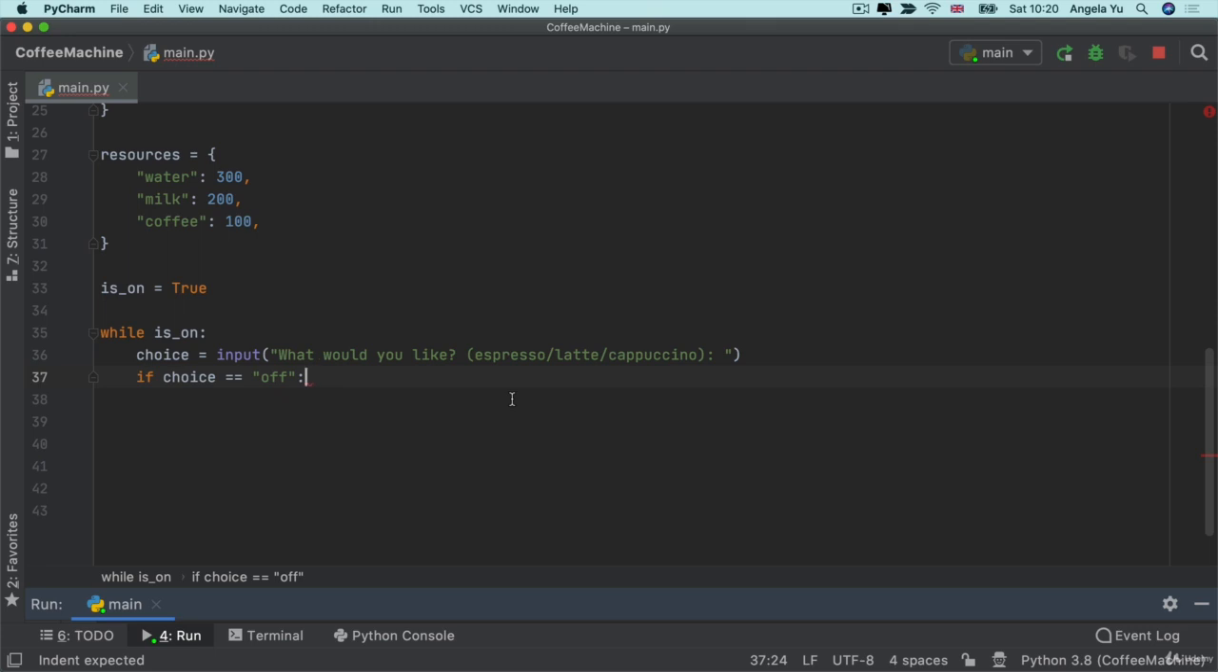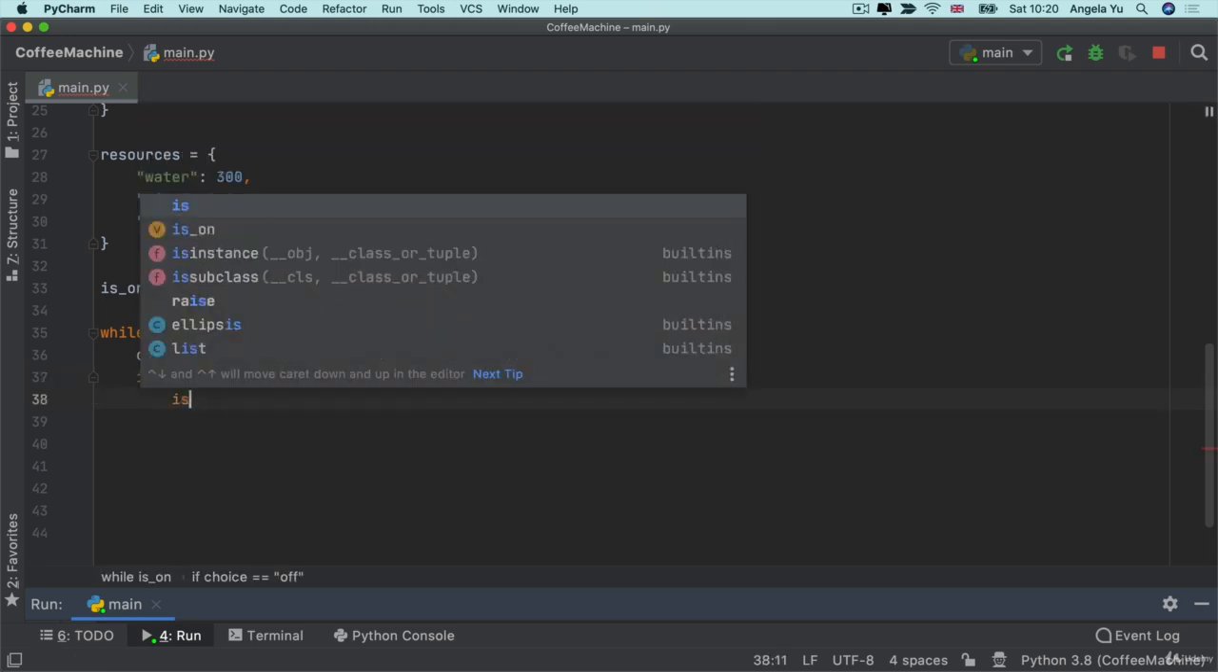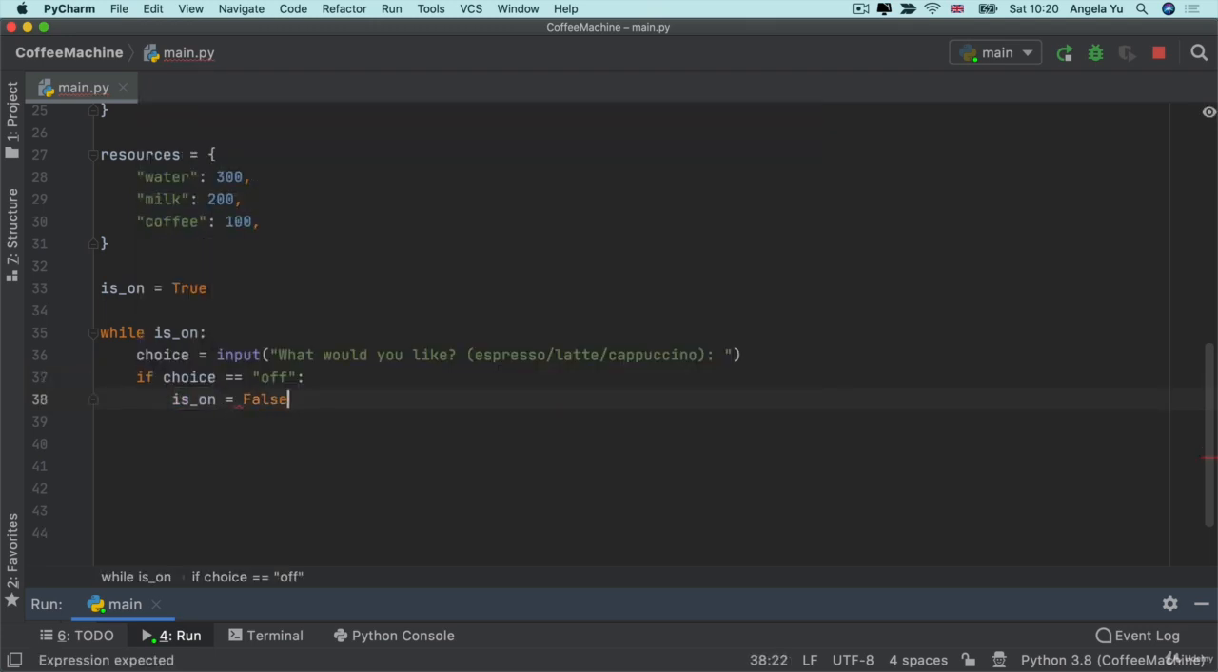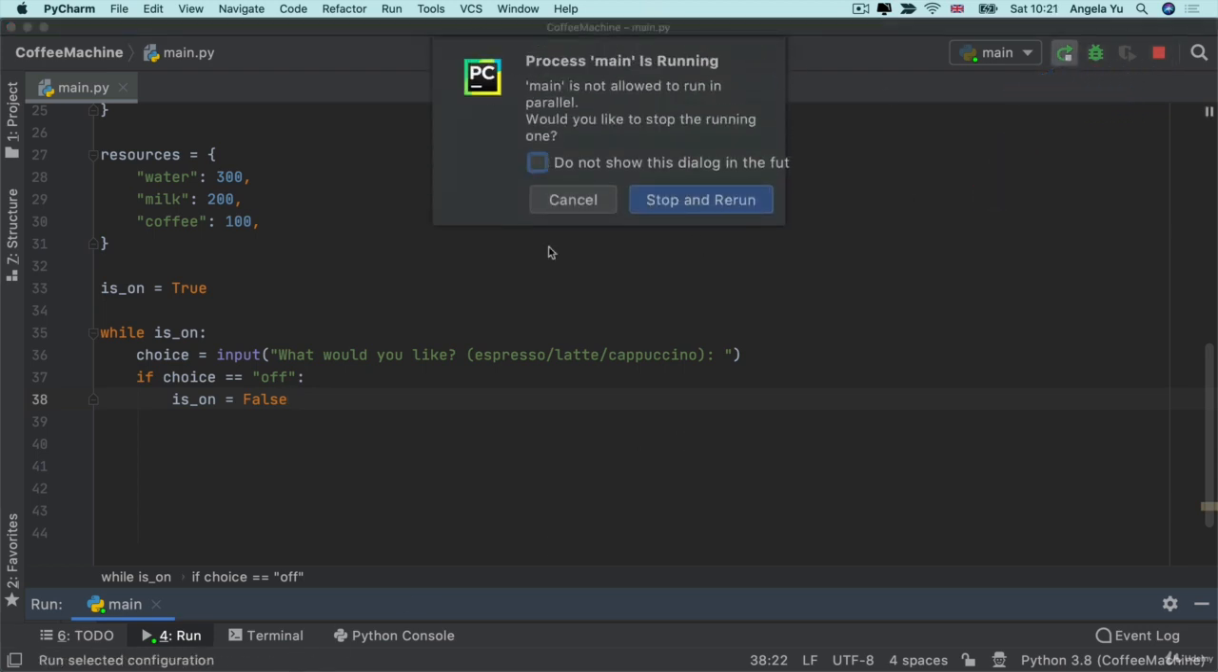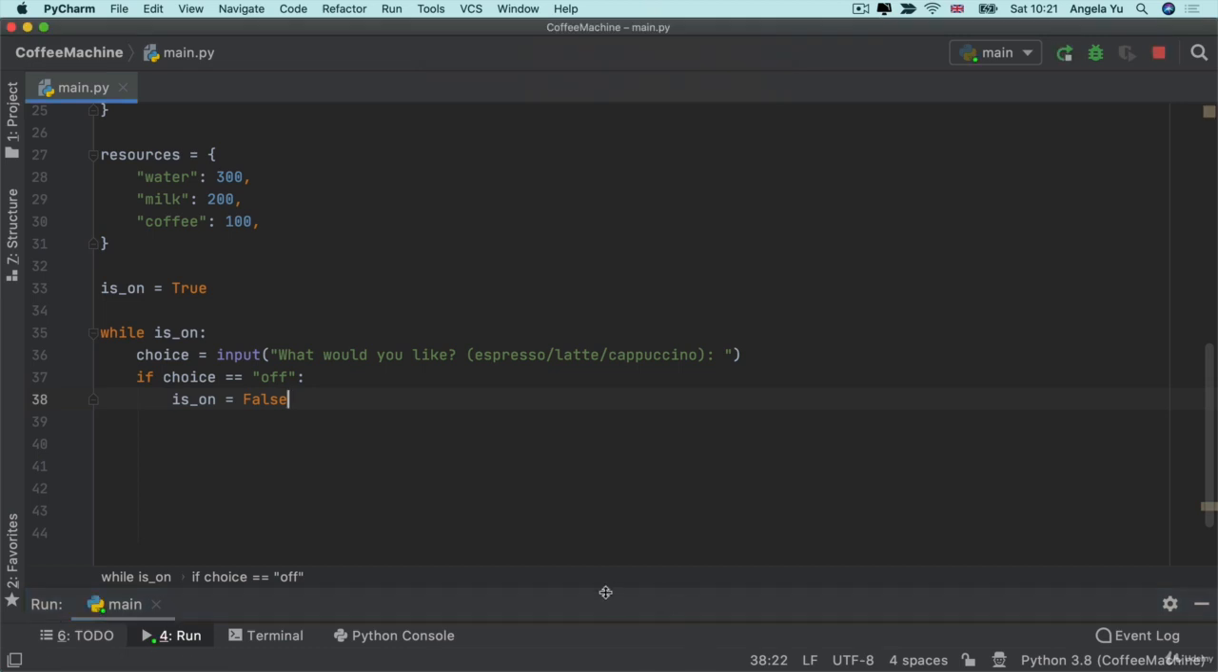But if the choice happens to be off, then we're going to turn that is on into false. Now if we run our code again, so now that you've run it once, you can either stop it or you can rerun it. And now it's going to stop your existing code and rerun the code. So if you don't want to see this dialog every time, then just check this box and then click stop